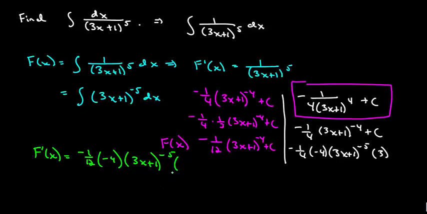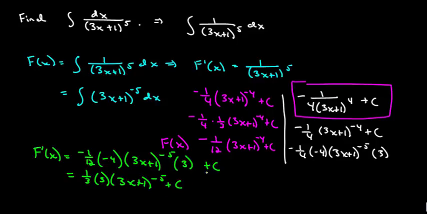Then, chain rule, multiply it by the derivative of the inside, this, plus our constant. So this is going to give us positive 4 over 12, which is 1/3, times 3 times 3x plus 1 to the -5